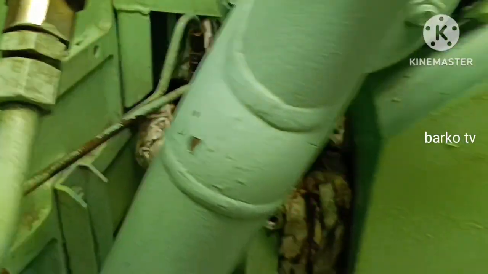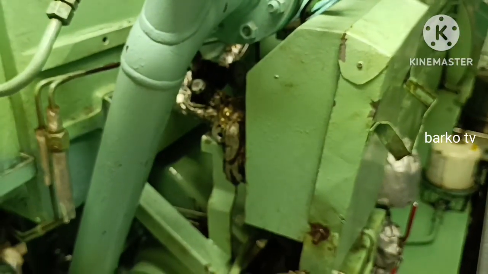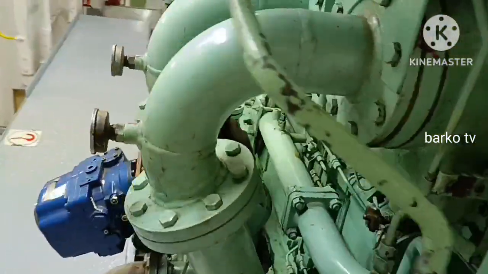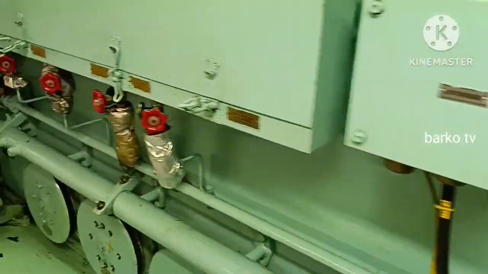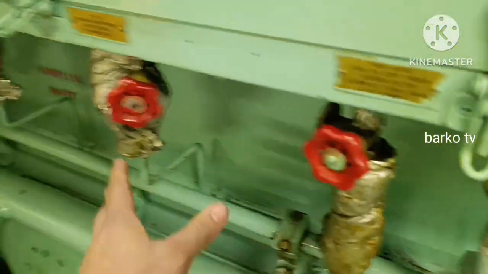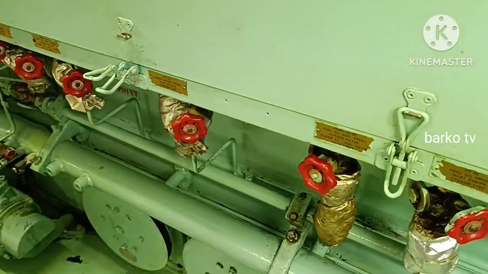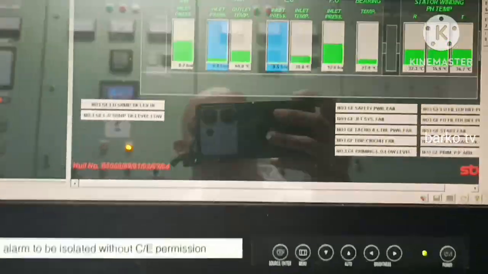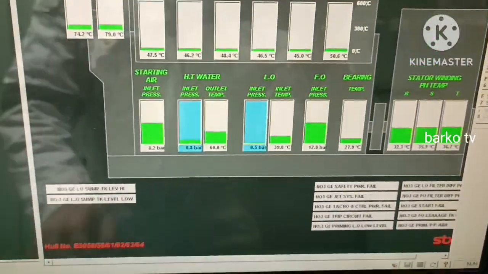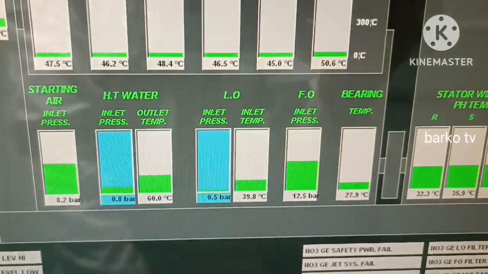Then we will go to the alarm panel, the alarm monitoring system, so that we can check the output signal if it's still a problem. As you can see, on the insulation there is no seal pot. We need to order a seal pot for that one. Okay, but for now, that is the solution.